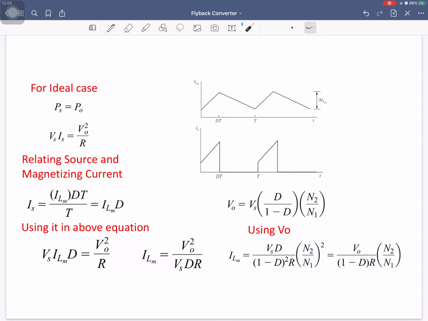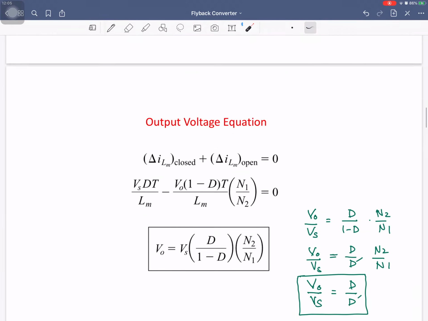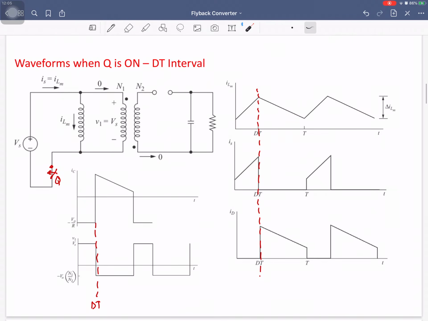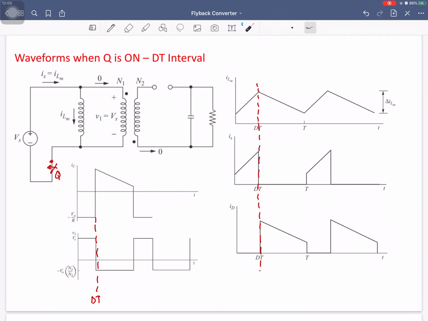Okay, now let's look at the converter as a whole. But before going towards this slide, I am moving back to the slide where we were discussing the waveforms. When your switch was in the on state, the magnetization current was increasing, and when you have turned it off, now the magnetization current is decreasing. The slope is negative. And when you turn it on, it will be rising and so on.